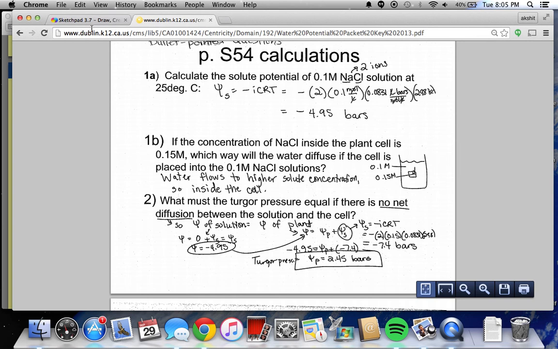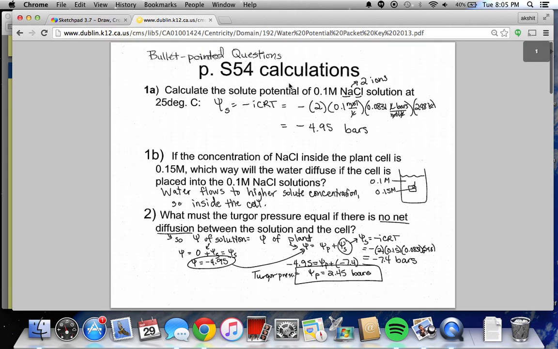And those are just some simple calculations for water potential that you should know how to do. You should especially know how to do 1a because it's easiest, but